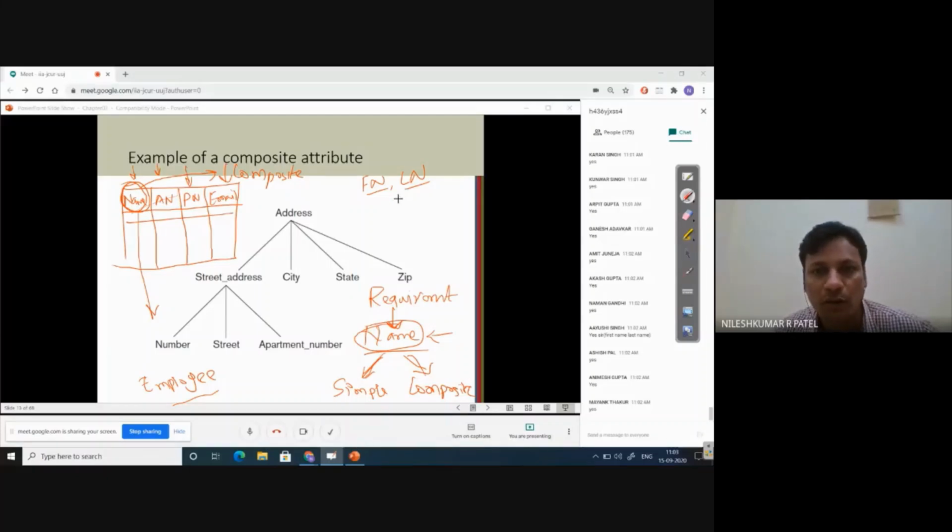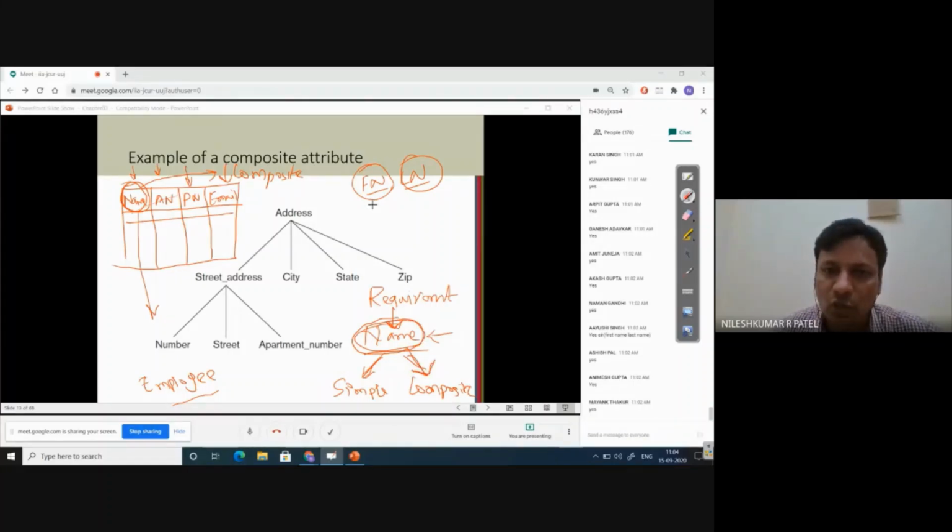They may go with first name or they may go with last name while searching a particular database. So if this is the requirement, we have to make this name a composite attribute.